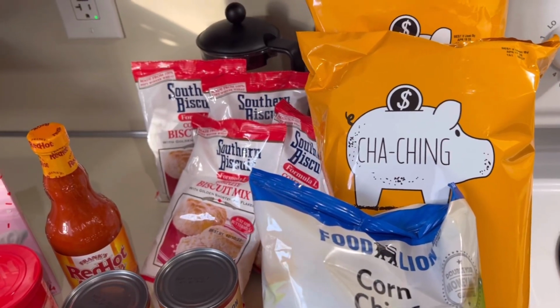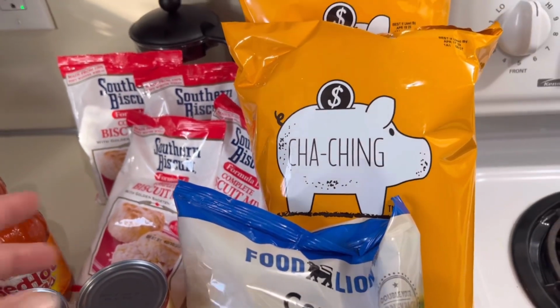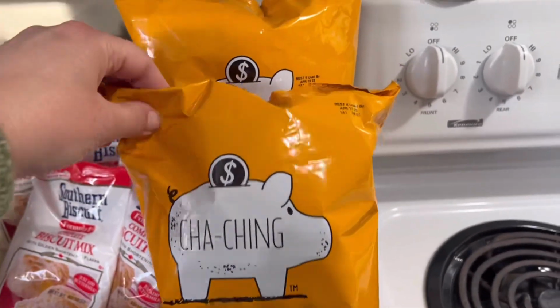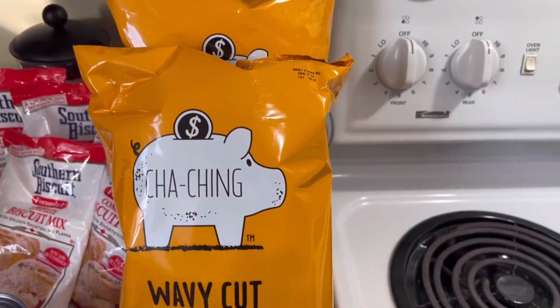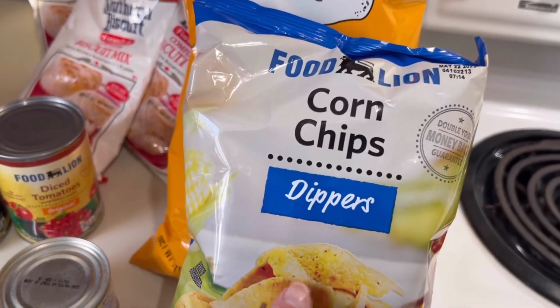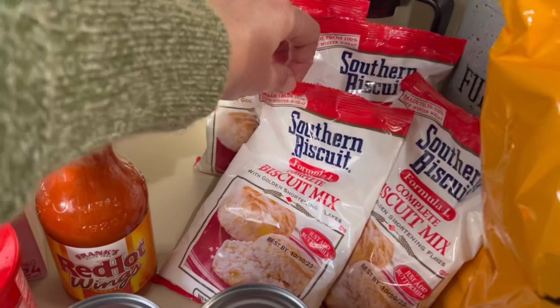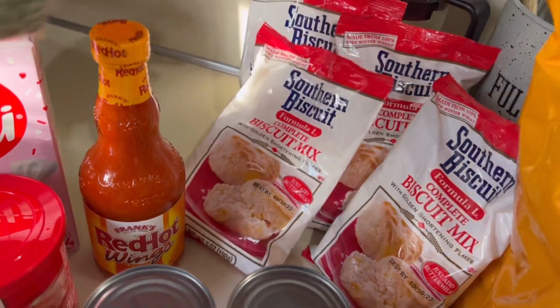And on to Food Line, I picked up a couple of bags of chips. The chips were 2 for $4, and I just got those to have on hand. And then I picked up some corn chip dippers that'll go with probably one of our dips. This was $1.99. And then these, let me just take a second to tell you about this Southern Biscuit